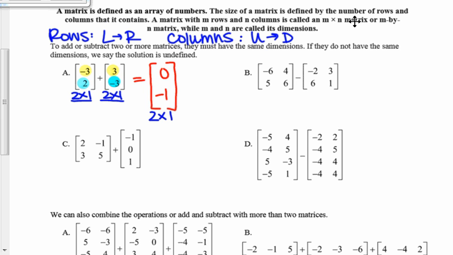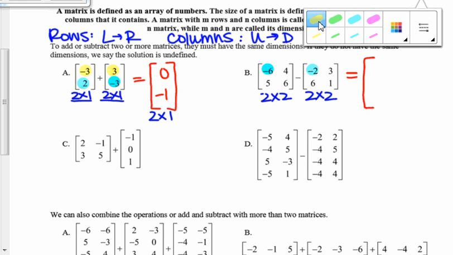Okay, let's look at B. Here I have 2 rows and then 2 columns. This is 2 by 2. And then here I have 2 rows and 2 columns. This is also 2 by 2. Same dimensions. I can go ahead and add these together. In this case, I'm actually subtracting. My answer is going to be a 2 by 2 matrix, just like what we're subtracting together. Okay, so I'm going to go ahead and highlight again